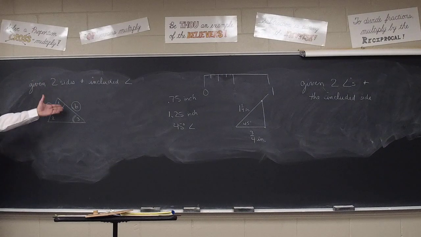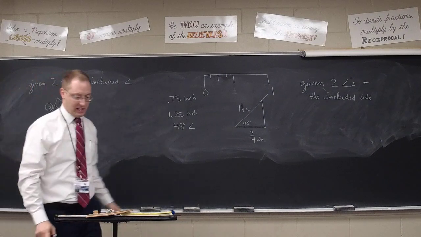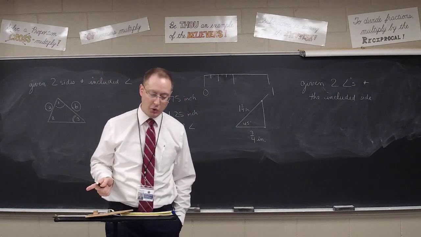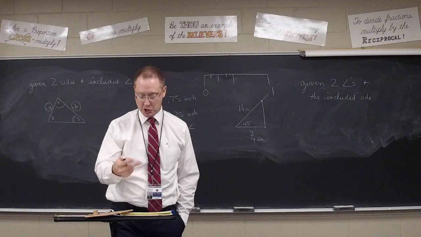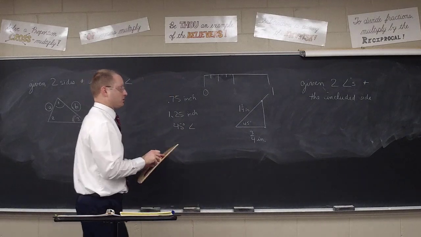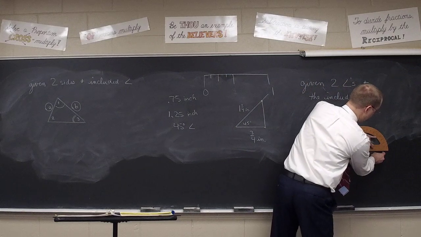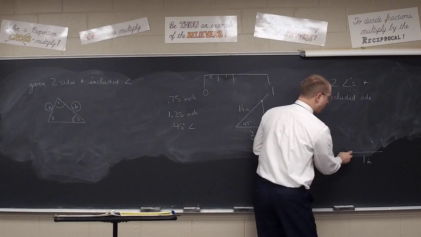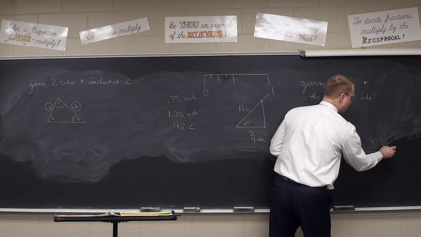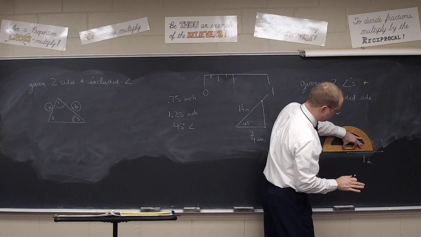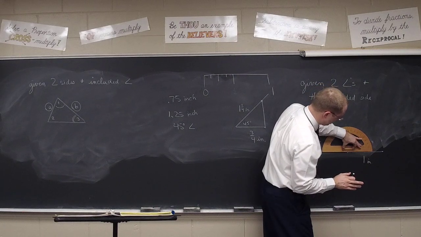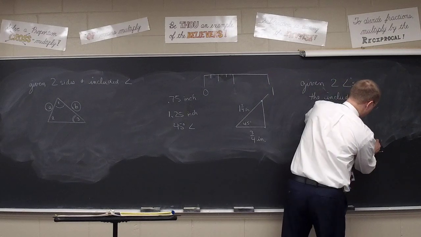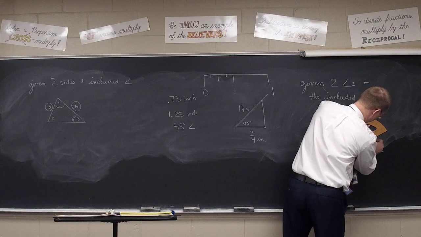Side B would be the included side. That's what they showed in the first example. Notice in the first example on page 163, they have a 1-inch included side. And they have two angles, 25 degrees and 75 degrees. Well, for starters, you would draw the 1-inch side. I think most of our protractors at this point are good. We've got see-through ones. You're going to line it up on one end, class. You're going to put one of the angles. The first angle they said is 25 degrees. So we make a little mark and we draw a